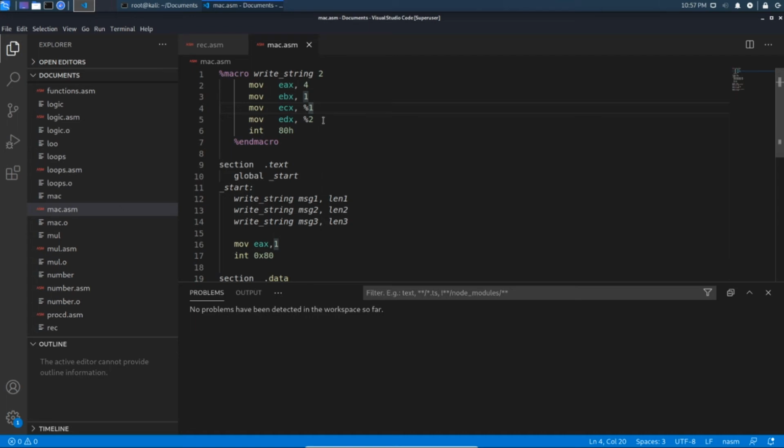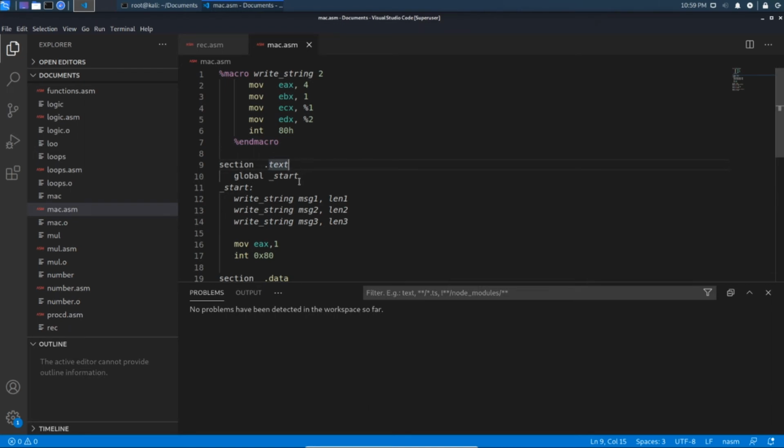So when we need to pass arguments to the macro, we are supposed to represent the arguments using the percentage symbol. Here this is the first argument and here this is the second argument, and hence this macro will accept 2 arguments. You need to pass the number of arguments that it will accept. So here we mentioned 2, and we are interrupting the kernel with the relevant system call, and at last percentage endmacro, representing that our macro is ending.